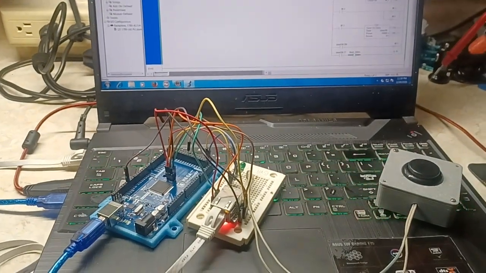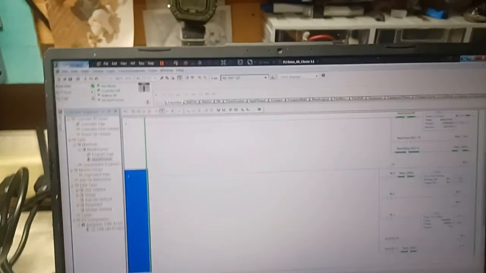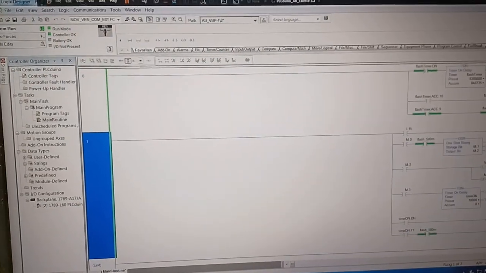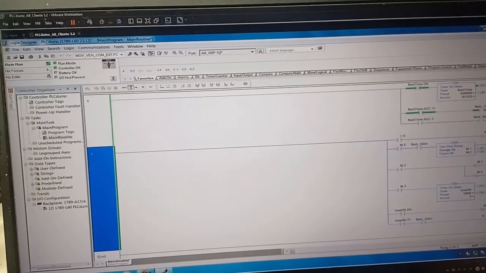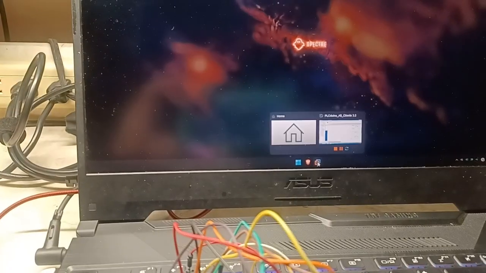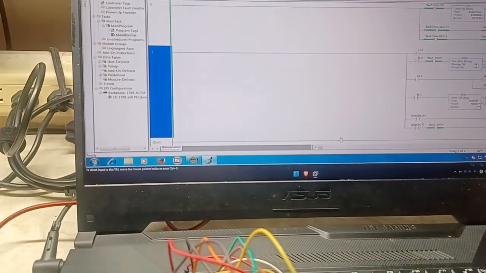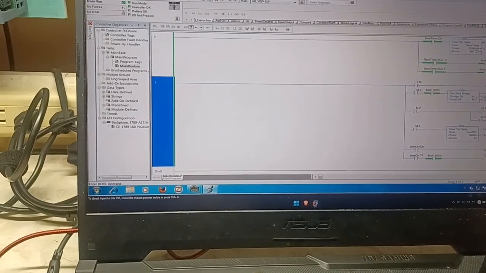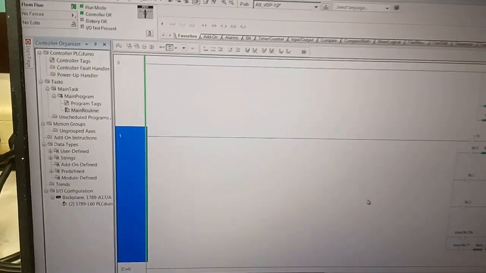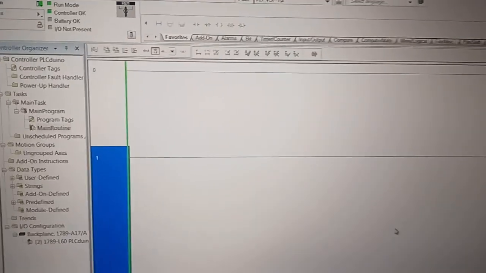Alright, you may be wondering, what the hell am I working on now? Well, here I have a virtual machine running in my laptop. I can show you what it is. It's a virtual machine running within my Windows 11 laptop. So I'm just gonna see if I can extend the full screen mode. There it is. So within this virtual machine, I'm running Softlogix